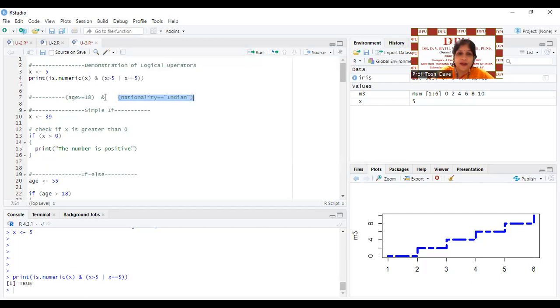Clear? This means that the driving license or voter ID or PAN card or Aadhaar card will be available to only those people whose age is greater than 18, and who are also residents of India. Clear? Now, how about if I put or,